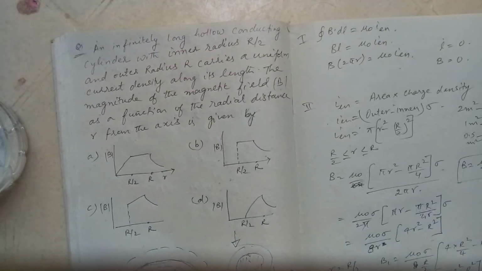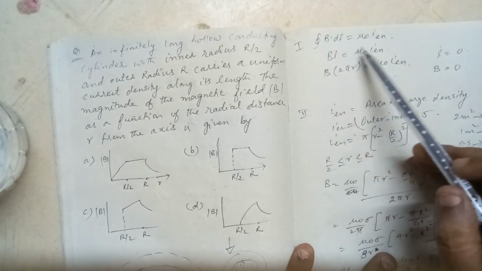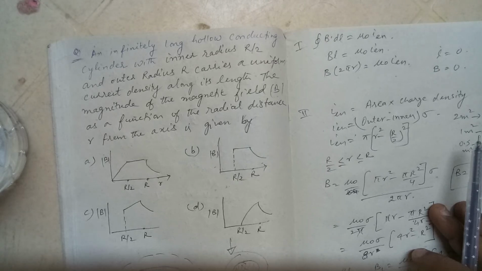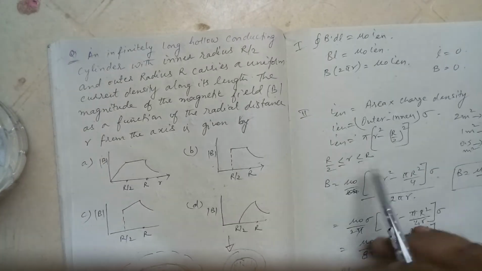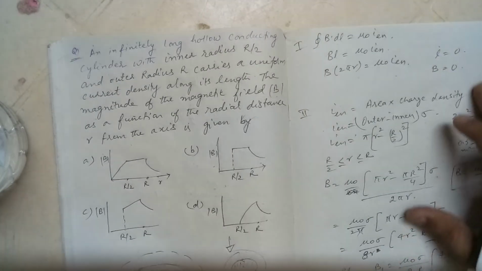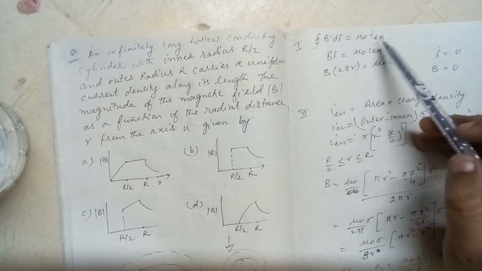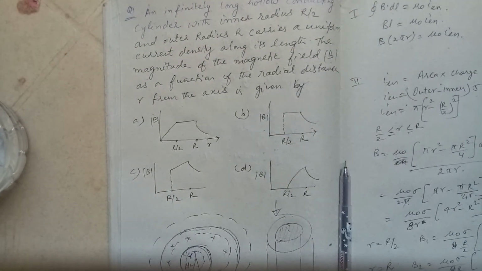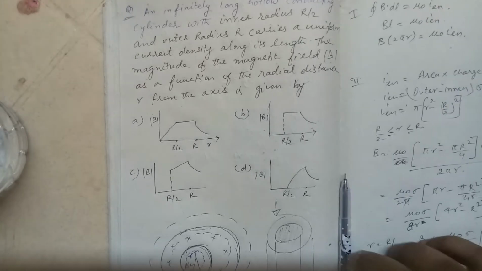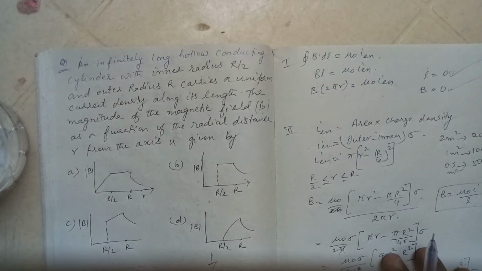Now we'll start applying this Ampere's circuital law. It says that closed integral of B dot dl is equal to mu naught into I enclosed. So here we have to find out this total length and what is the I enclosed. So when you have taken a circular loop, the total length will be the perimeter. And what is the I enclosed? Inside the innermost part, there is no current over there. So you can directly say that I enclosed is equal to 0. When there is no current, there is no question of magnetic field. There is no moving charge, no question of magnetic field.